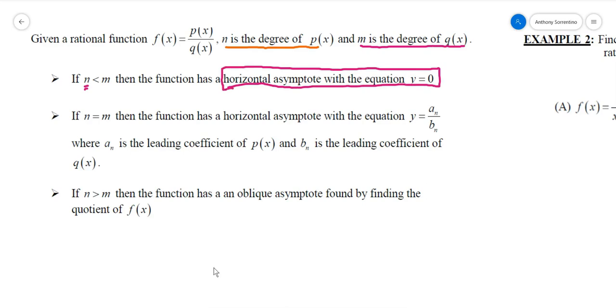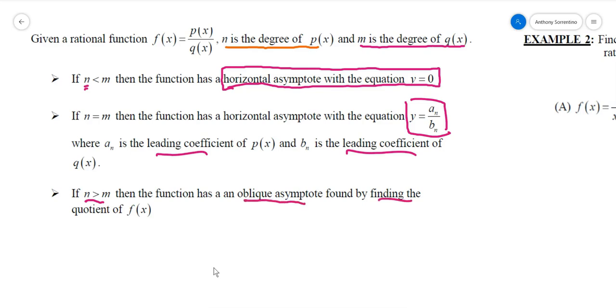If they're equal to each other, if I find the highest power of x on top, find the highest power of x on the bottom, and see that they're the same degree, then what I do is I take a ratio of the leading coefficients. Again, I have to make sure I identify the leading coefficients correctly, because sometimes you might be given functions on the numerator and denominator that are not written in standard form. Please make sure you know the leading coefficient does not mean the first coefficient you see. It's the one attached to the highest power of x, and also make sure that you're aware of the signage of those. And lastly, if n is greater than m, then the function has an oblique asymptote